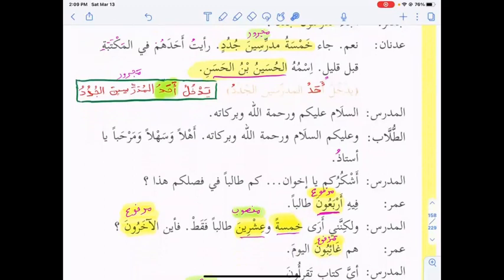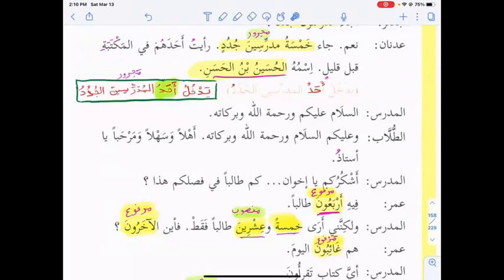Al-Mudarris: Lakinnani ara khamsatan ishrina taliban fakat. But I see, ara, then I need mafulun bihi, khamsatan, 5 and 20. So because of ara, this wow has come here, so ishrina is mawtufun ala khamsatan, both are mansub, taliban is tamiz. So khamsatan is mansub bil fatah. We can see the fatah. And ishrina is mansub bil ya. Why? Because it is jama mudhakkar salim. Taliban is tamiz. So he is asking, Ainal